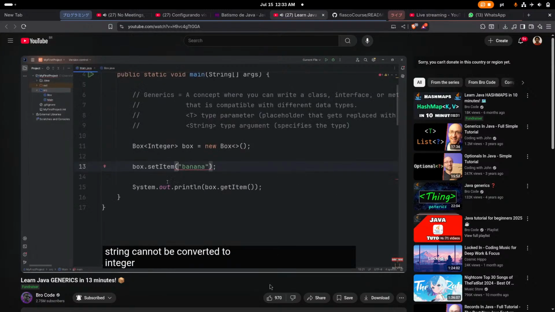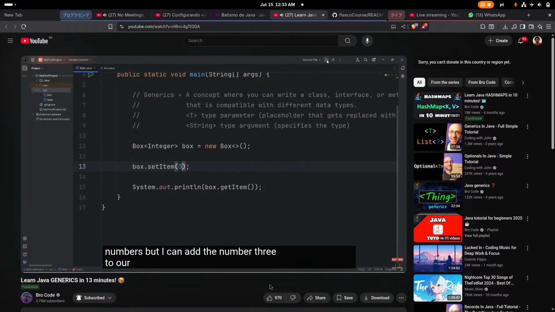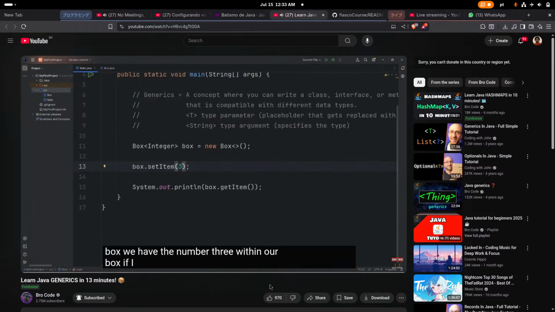Fortunately, bananas are not numbers, but I can add the number 3 to our box. We have the number 3 within our box. If I attempt to add a double,